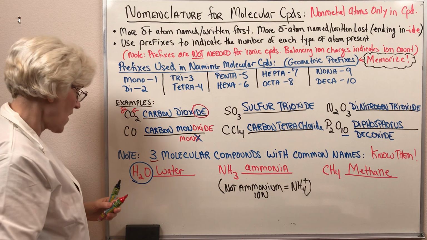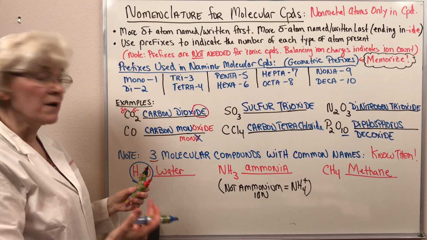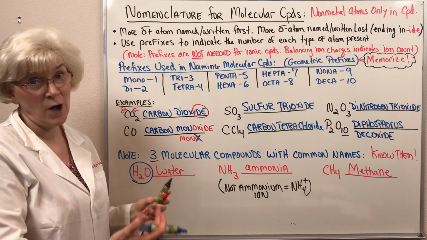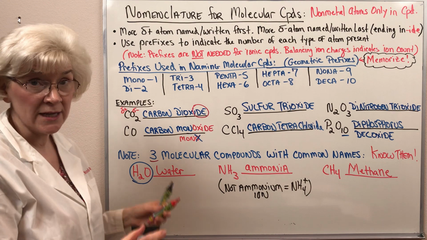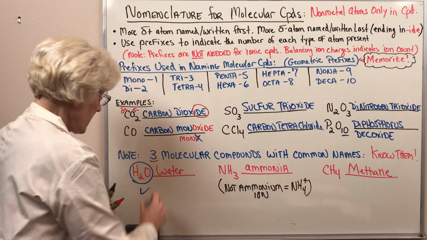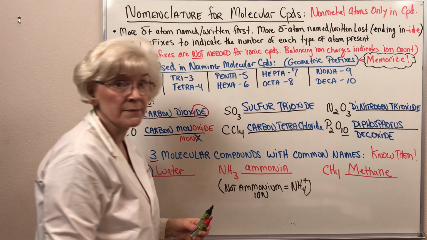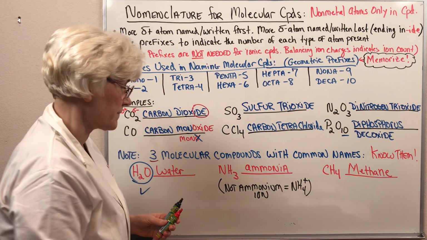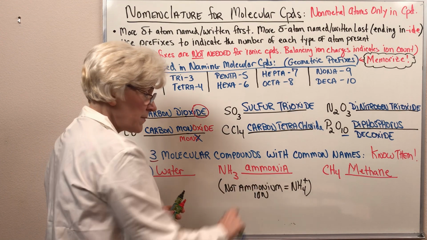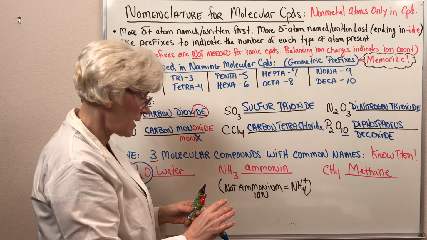We would not call this dihydrogen monoxide. We'd call this water. So you need to know that water has a formula H2O. Of course, I know that you do know that, but the other 2 molecular compounds and their formulas may be less familiar to you. So you need to know whenever you see the name ammonia, which is a common name,